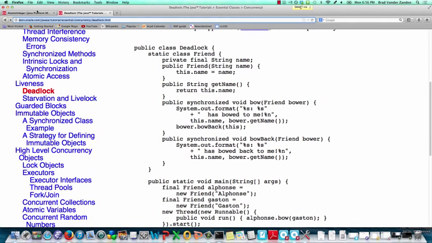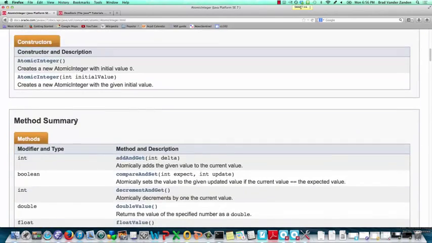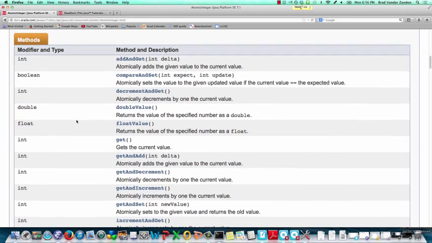And if you just go and look at the API for any of these variables, then you can see that they have a number of operations, and it's not just increment. You could do an add of some value, not one, but any value. You could do what's called a compare and set, which means that you optimistically update the value and then you put it back in there, and the set is done only if the expected value is the same as the